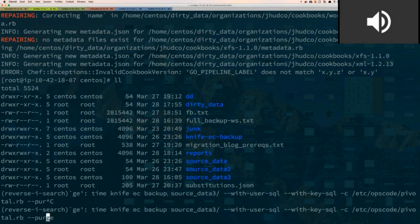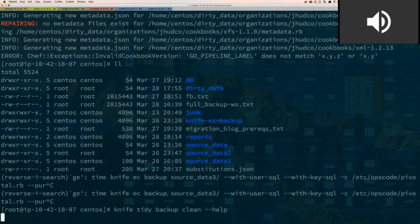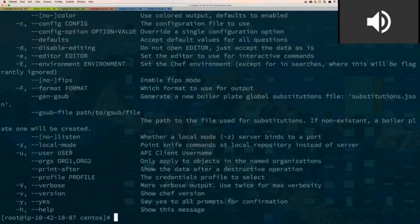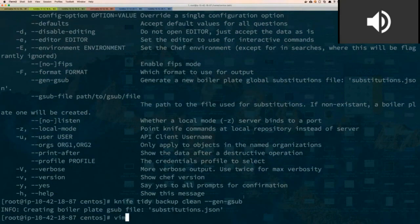If you look at knife tidy backup clean help, there are two commands here: gen gsub, that will generate a boilerplate substitutions file, and then there's gsub file that you would pass the path to that generated file. So let's make one of those real fast. Knife tidy backup clean. So if we take a look at this file here,